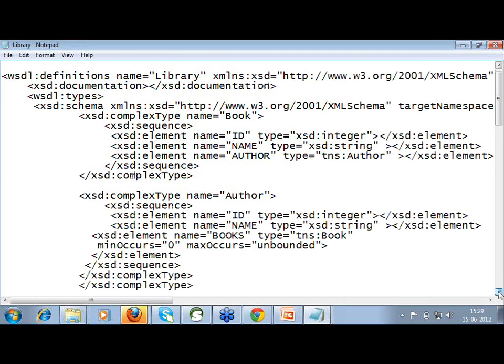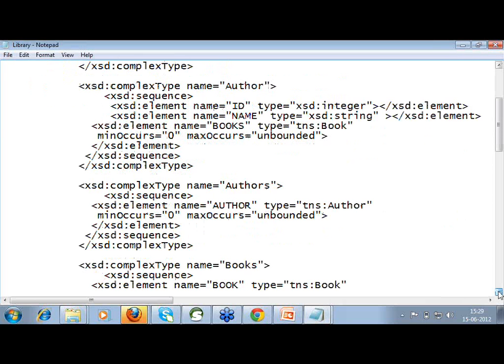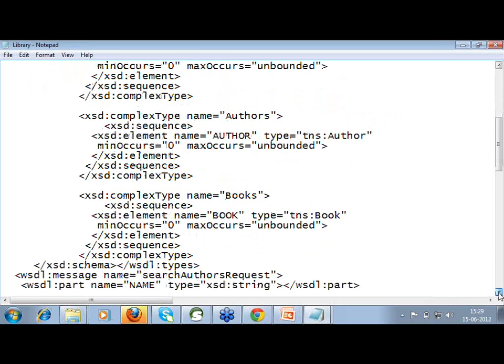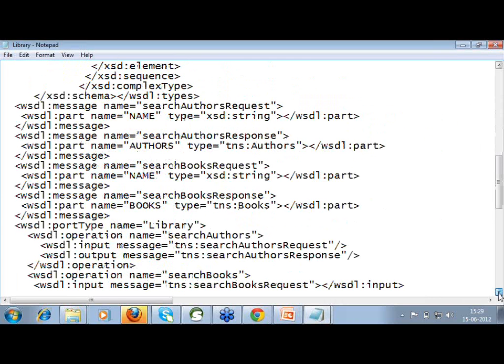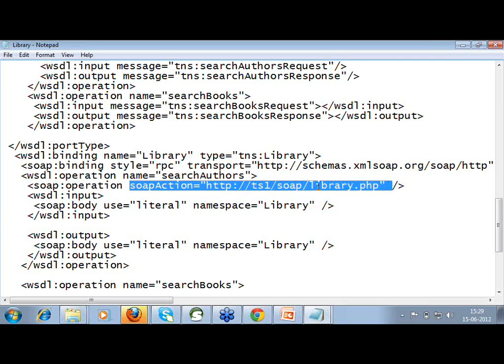Mandakini, are you there? Your voice is breaking. We can't hear you. Library. Hello. Mandakini, your voice breaks in between. We can't hear you. Hello. Your voice. Okay. Can you hear me? I can hear you now, but your voice is breaking in between, so we can't hear you. Hello. Now you're audible. Okay. Okay, okay, I will keep it louder.